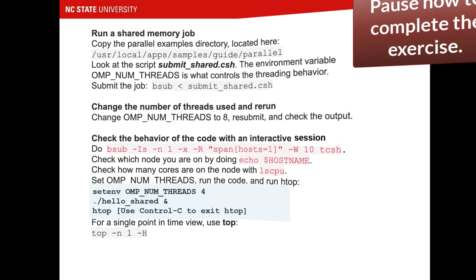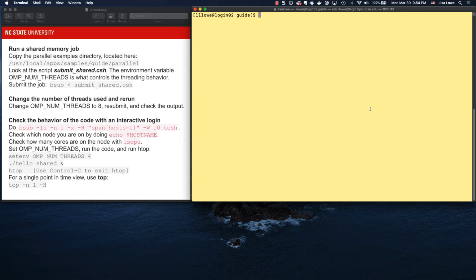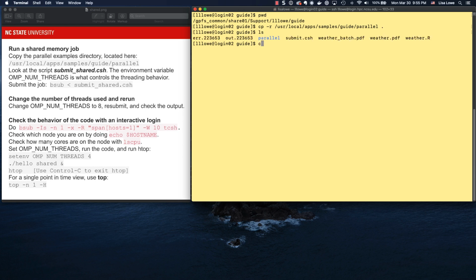Here I am on Henry2. I'm in my Scratch directory in the guide folder that I created in previous exercises. Copy the parallel examples directory to this location. CD into the directory. Look at the script